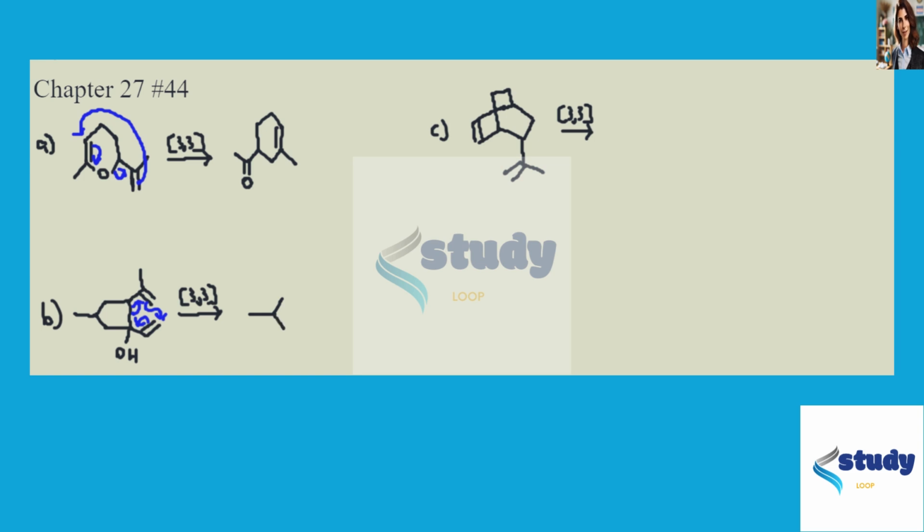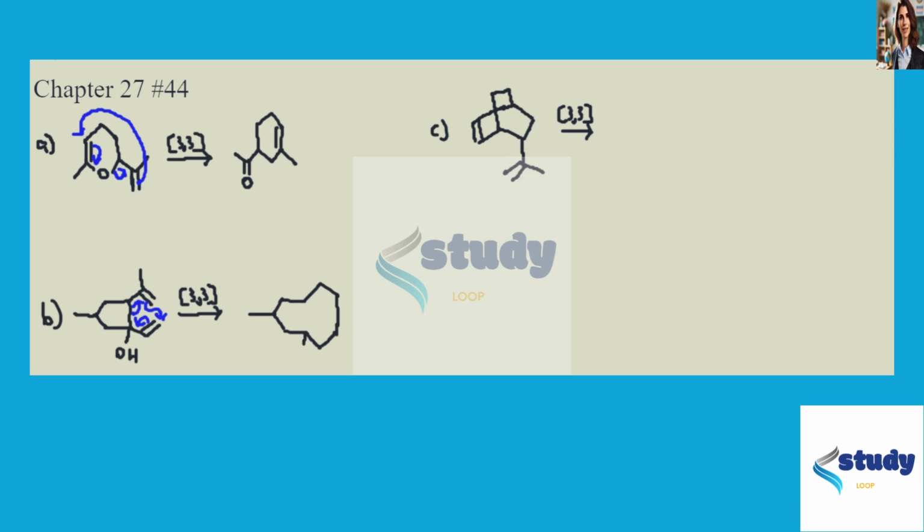And so this one is a little harder to draw. So we've opened the 5-membered ring, but we're also forming a new ring. So it's going to be a large ring here. So it's going to look like a 5-membered ring fused to a 6-membered ring. But of course, they're not fused. There's no bond. So the bond would be here if it was fused, but we broke that bond during the